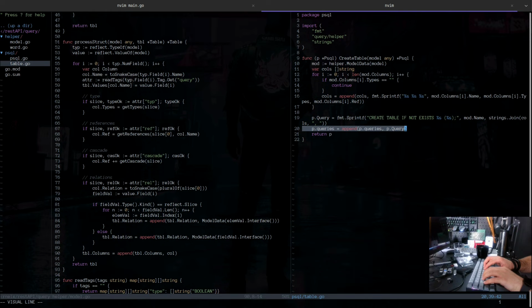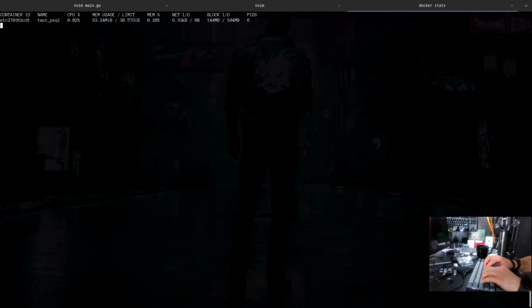So I have this here because I have in mind to run multiple queries at once, so I can append them. But for now, because it's one and I don't want to later have a different structure for every single method, I'm going to append and assume everything must be append, even if it's a single query like this. And so I have run the test